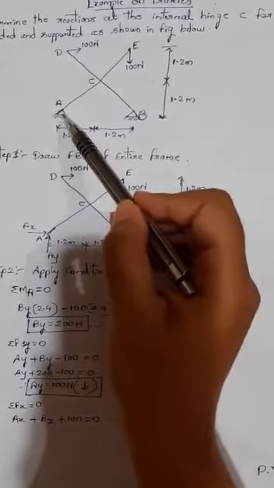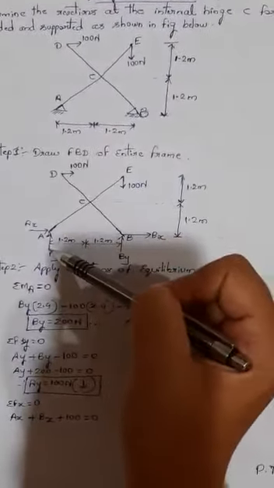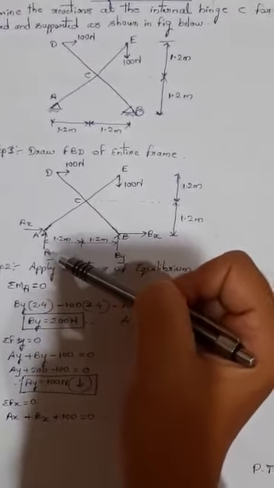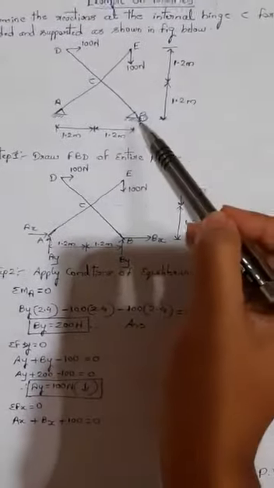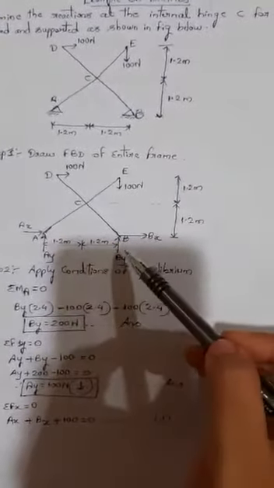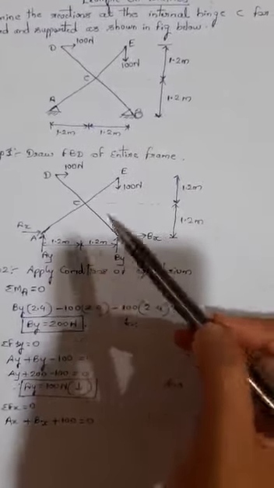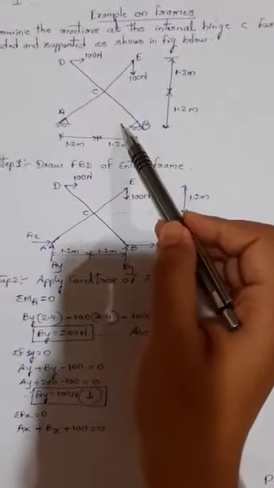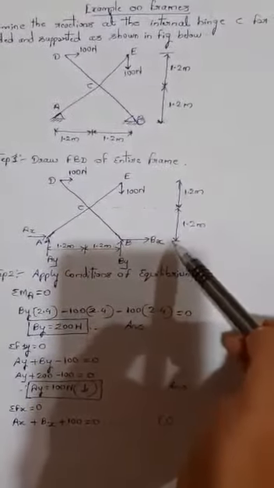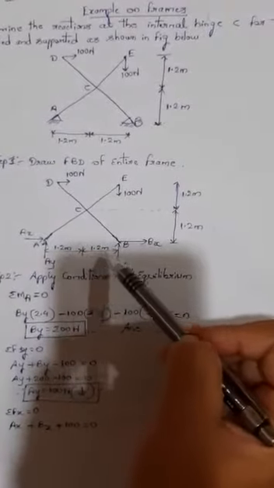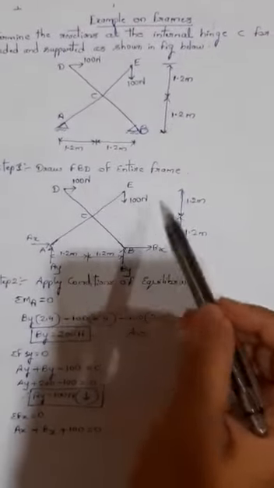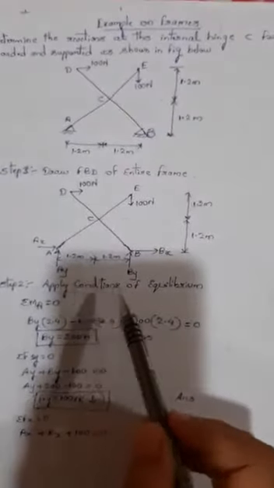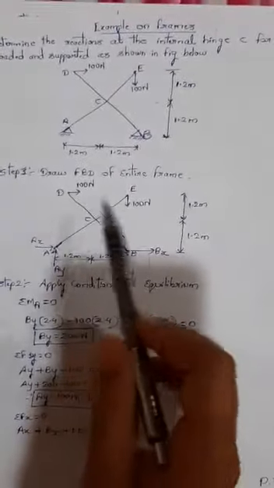So you can see at A, it is a hinge support which consists of two reactions. One is horizontal Ax, other is vertical Ay. At B, it's a hinge support, so again two reactions. And these are the two external loadings given in the diagram. And these are the respective distances from the ends. After completing the free body diagram, the next step will be applying the conditions of equilibrium on the entire free